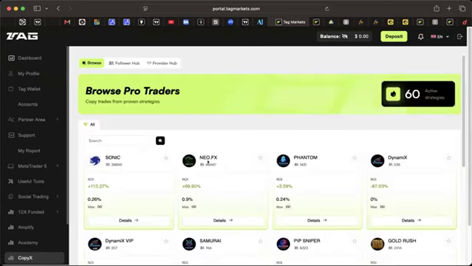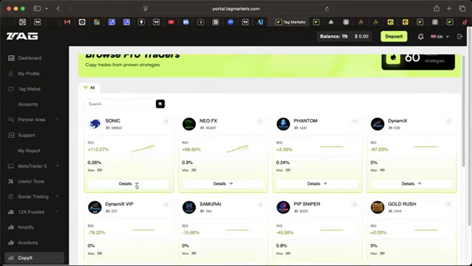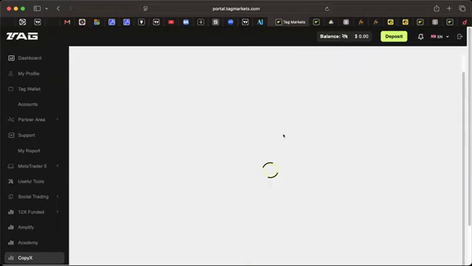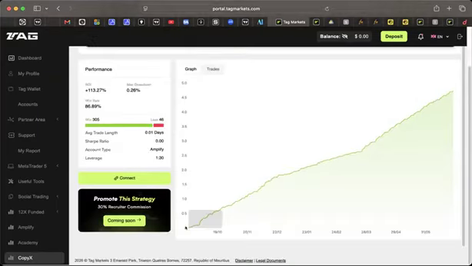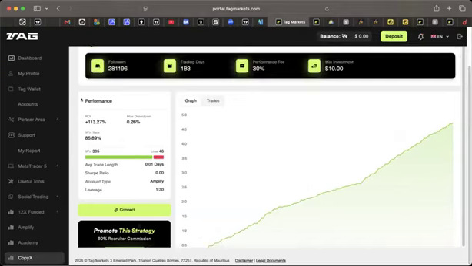This is the back office of Tag Market. Now you can see Sonic is taking the number one lead, and you can see the detail. We have another strategy called NEO. There are so many strategies. But if you look at Sonic, Sonic has been trading on Tag Market since September last year, 2025. Take your cursor down. You're going to see when it got started and has been profitable.